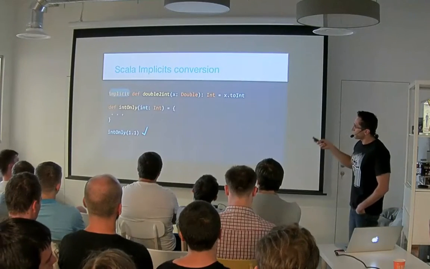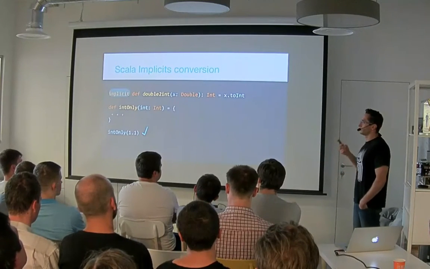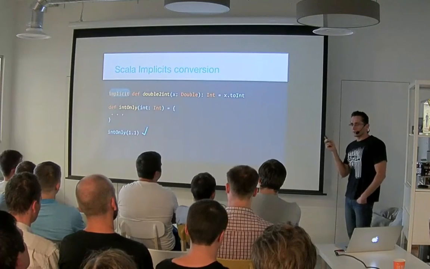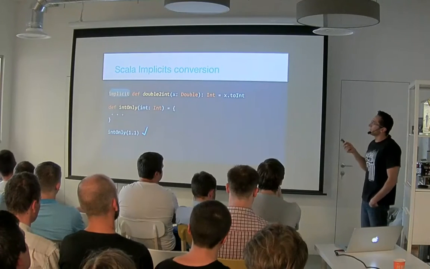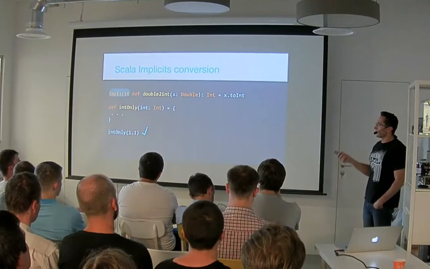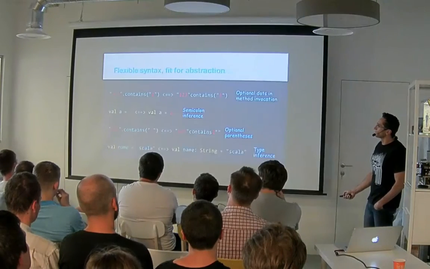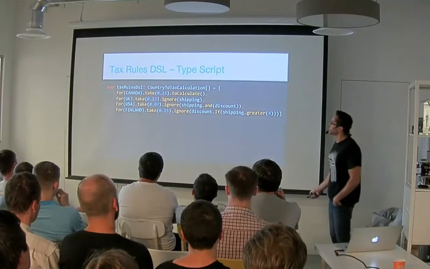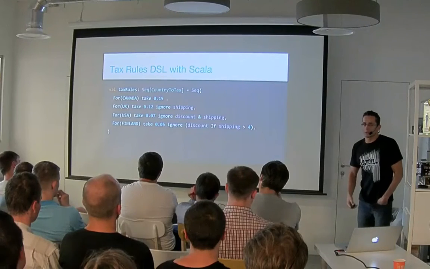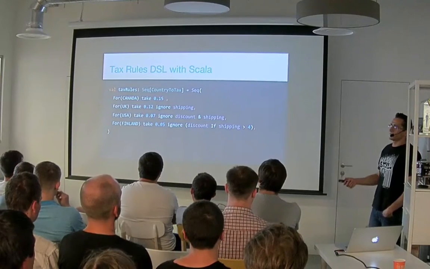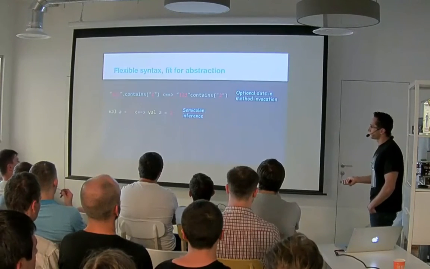The same method can be applied to our DSL. If you remember the first step that we did, we needed to invoke the calculation explicitly each time we wanted to use a simple shipping and simple tax rule. In Scala, it's enough to define an implicit conversion. So if you go back to the first sentence, you see that for Canada, take 15% is allowed because we have somewhere in our code an implicit conversion from type country and tax container to tax and country calculator.